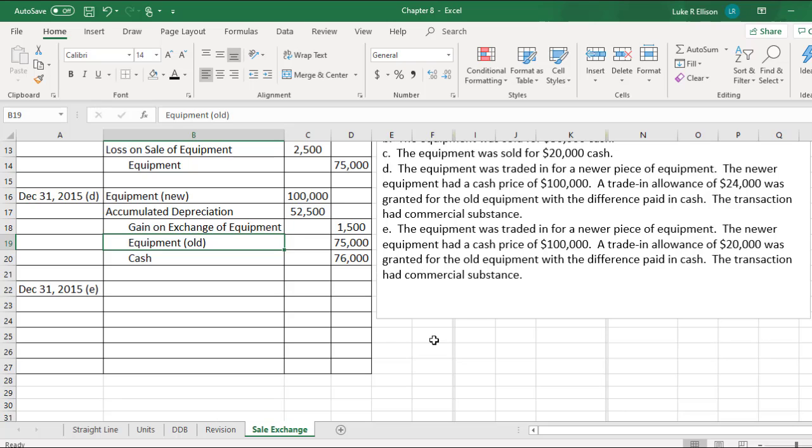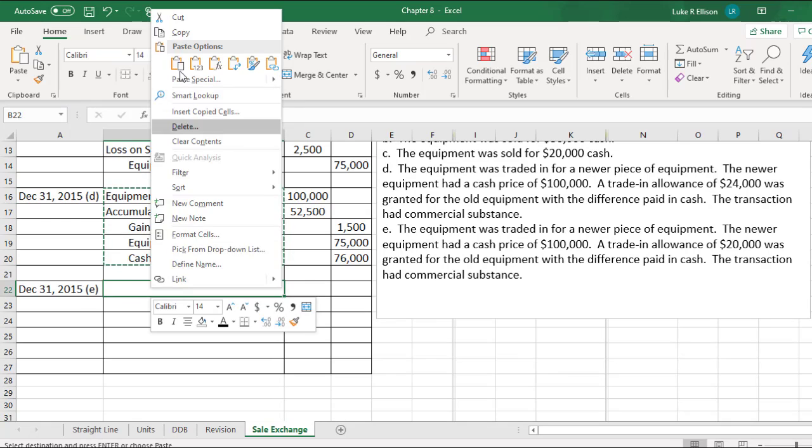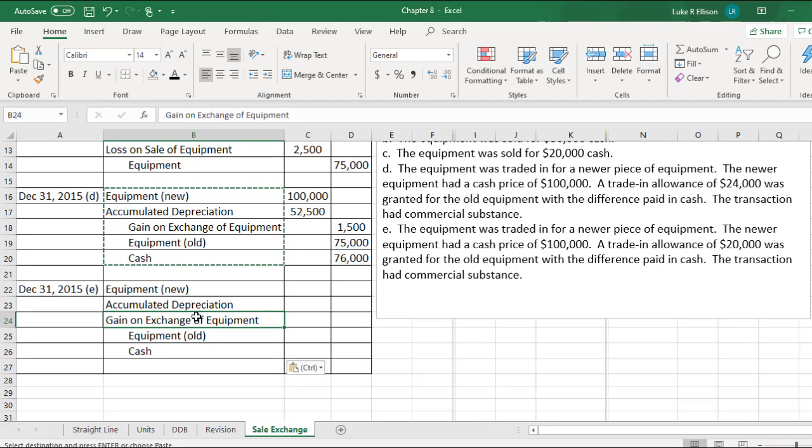So this is really the same problem as part D, except the trade-in allowance has changed from $24,000 to $20,000. So I'm just going to copy over the same account titles, and I'm going to get rid of the gain on the exchange of equipment because that might change to a loss, and we'll figure that out in just a moment. So let's copy down some of the numbers that we know won't change, including the equipment and the